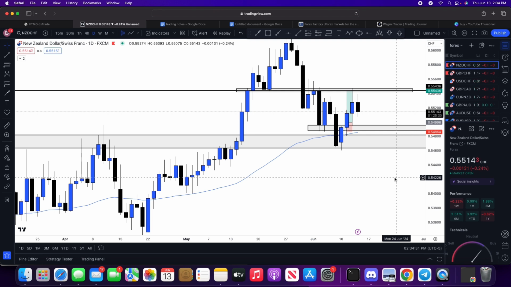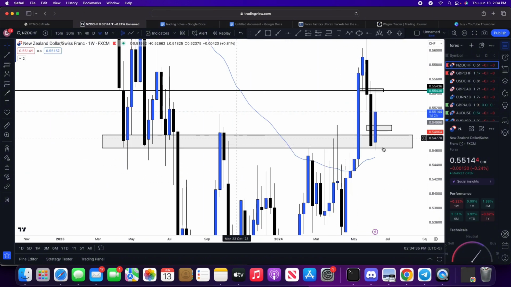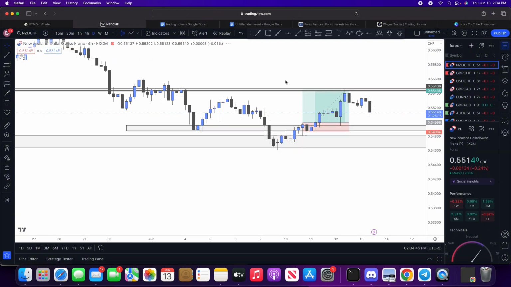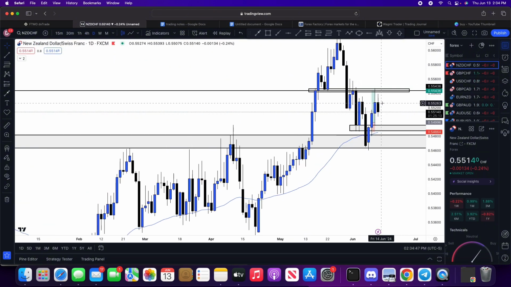But again, this is my trading approach. Simple. Price broke above this area of interest, came down, retested, we entered right here on the smaller time frames, and we rode it up to this daily area of interest, and we closed out for a 1 to 3. It's really simple. But maybe for a beginner, it might not be that simple.